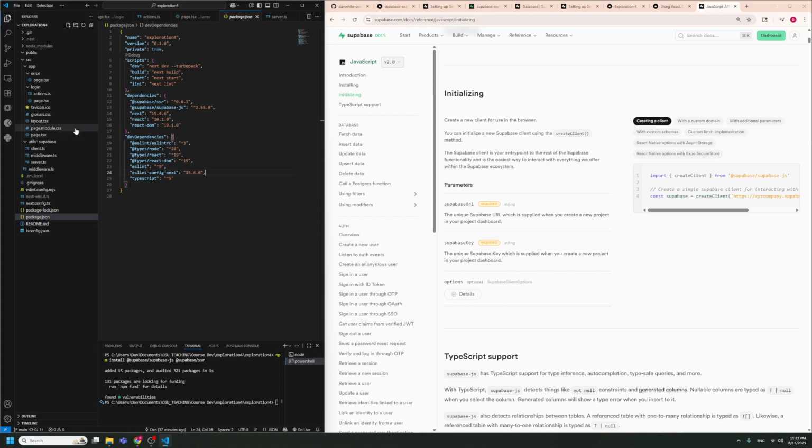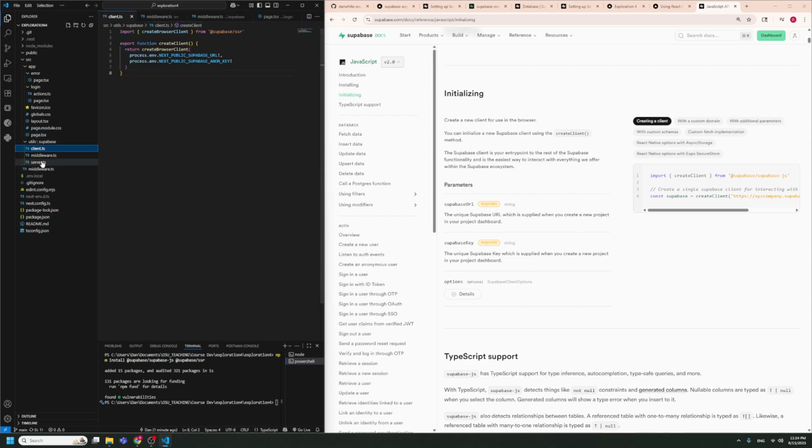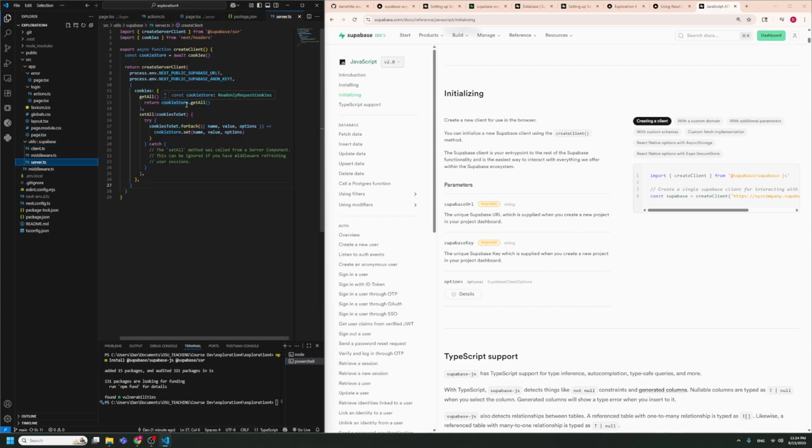So right now we have our client connect and we have our server connect. Both of these will work for connecting to our database as well as our authentication, which is super nice. So we don't have to worry about changing anything here. It's all great. So now let's go to our